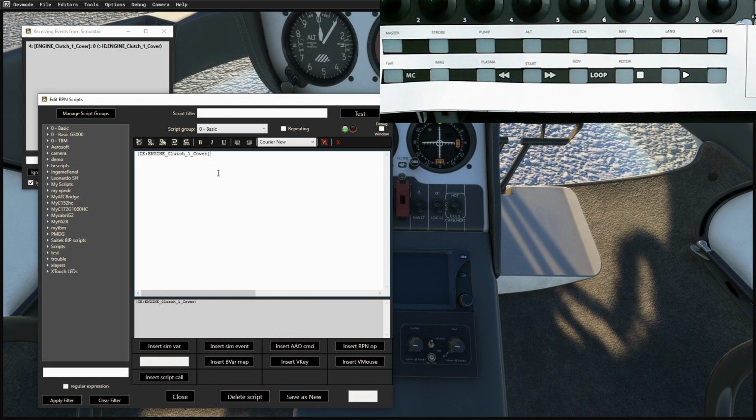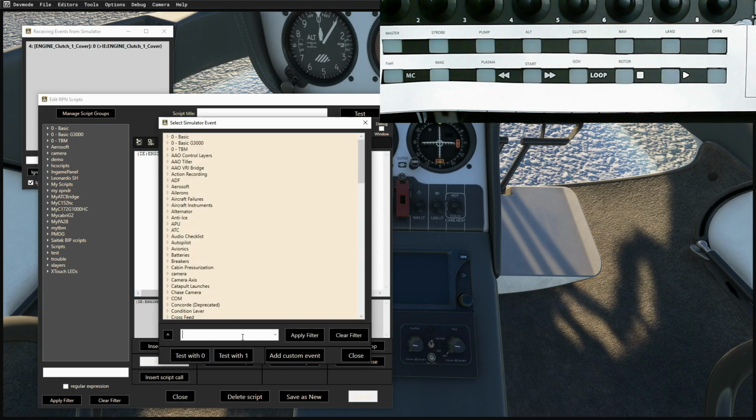So what I want to do is, if it's 0, flip it over to become a 1. That dot there is where I've pressed the space bar. You can't type a dot, you just press the space bar and it puts a marker to show there's a space there. And if I put an exclamation mark, that is a logical not. It changes 0s to 1s and 1s to 0s. So if it was closed, if it was 0, it would change it to a 1 and then send it